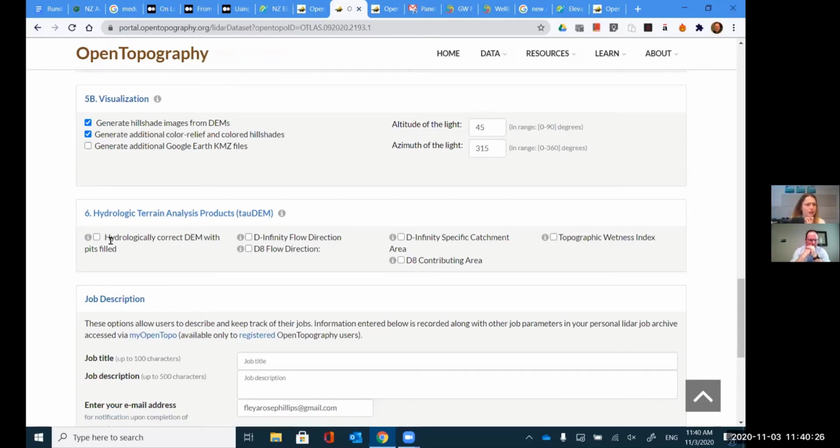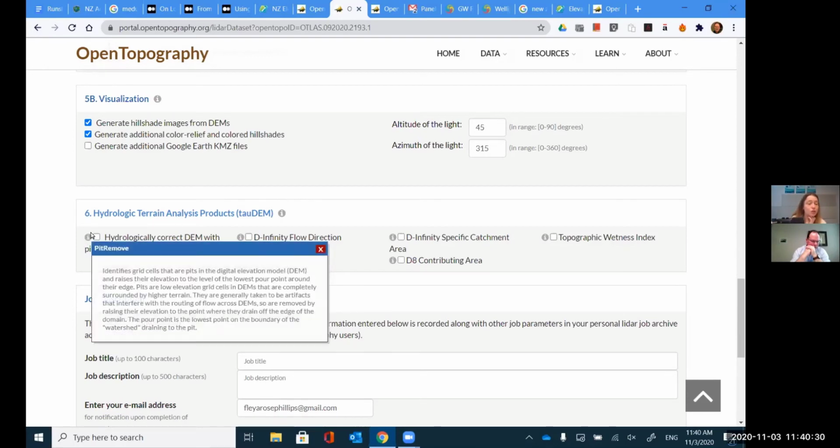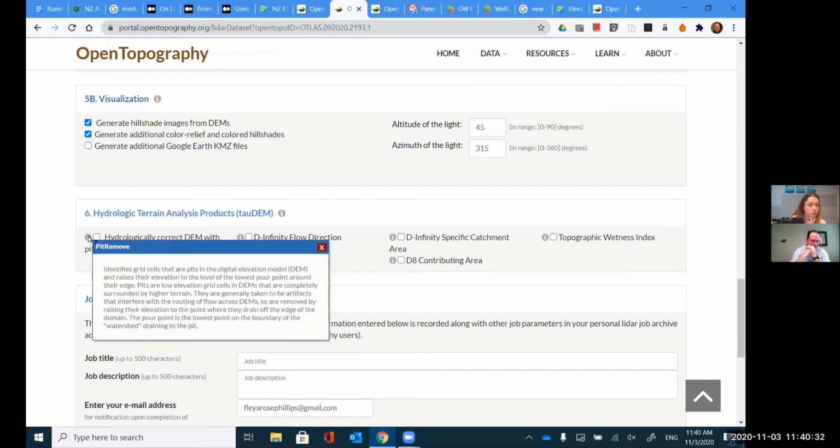You can just click on a button and then you have a hydrologically correct DEM with pits filled. So if you had sparse LiDAR data that I was talking about and you want to create a DEM, you can use these additional tools that, if you sign up, all for free, you can really start exploring and learning